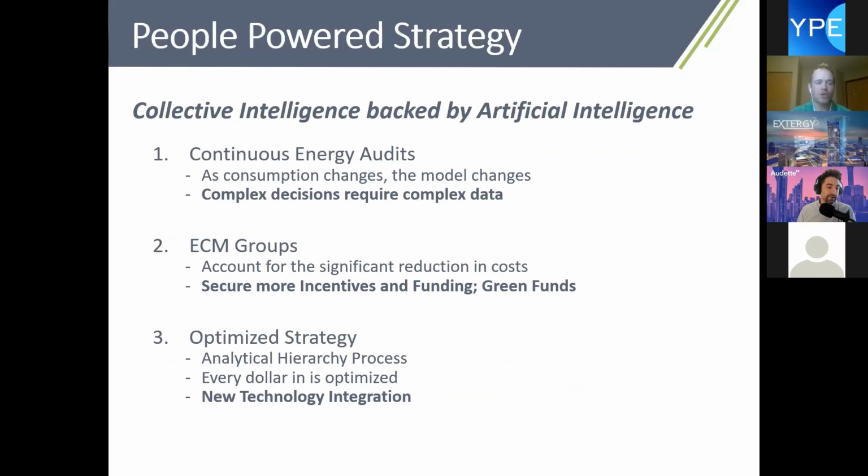So, we're really focused on people power. We want to make sure that the strategy takes into account feedback from everybody on the site level, your property managers, operations managers, your consultants, your trades folks. We're trying to take all of this data, group it into one thing, and then effectively implement that into a tool that considers the actual goals of the organization.